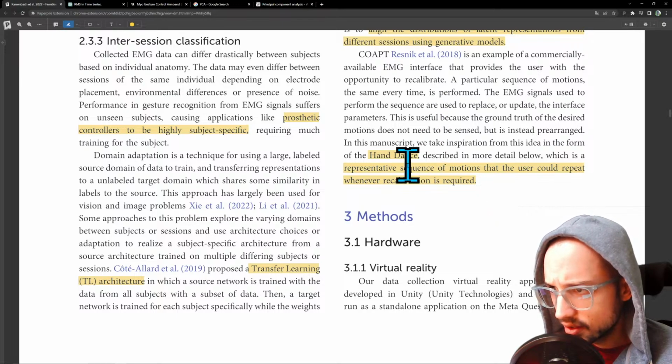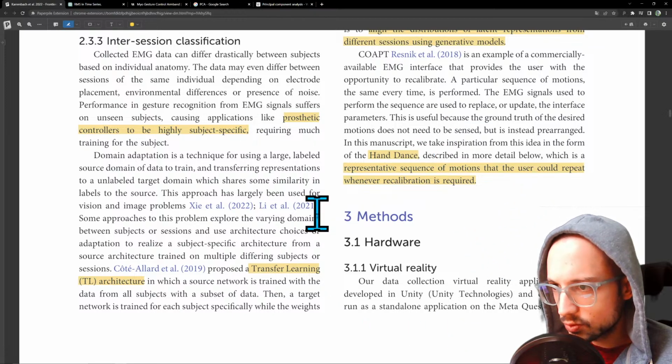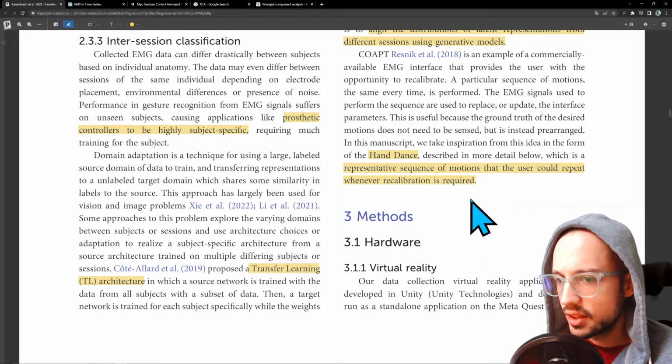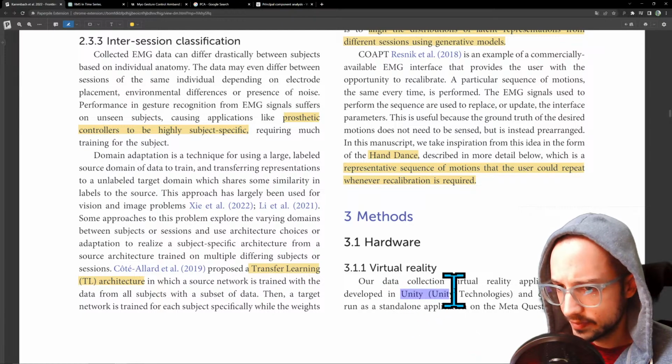And as long as that sequence of motions is representative of the broader set of all possible hand poses, then you can probably use that to calibrate. Okay, our data collection in virtual reality was developed in Unity,